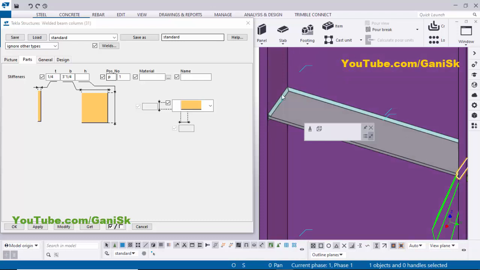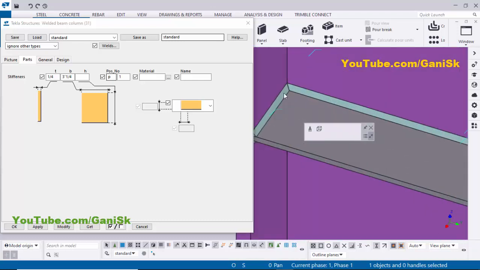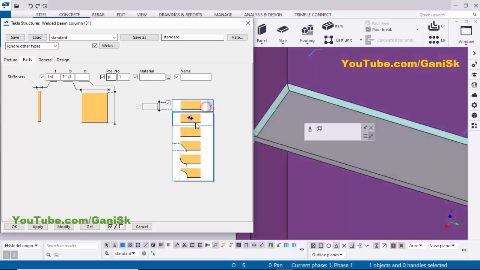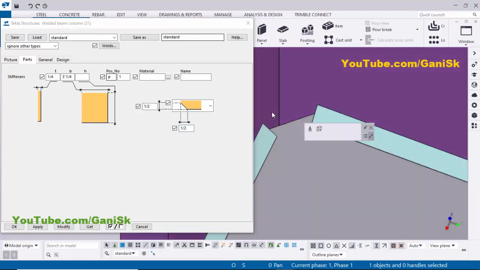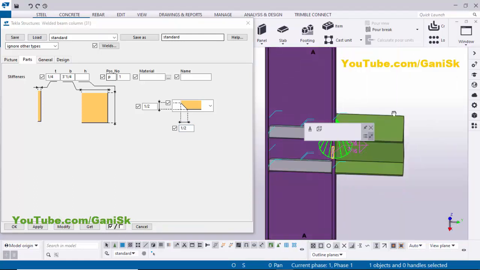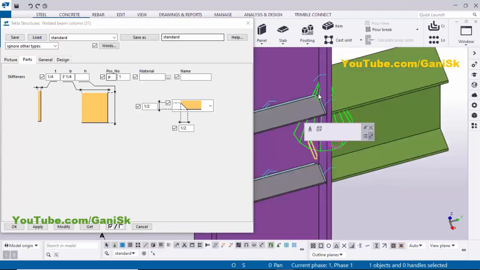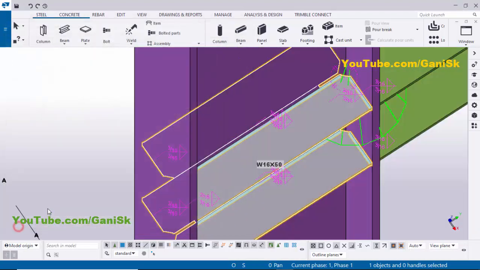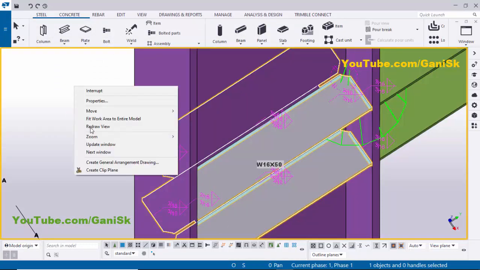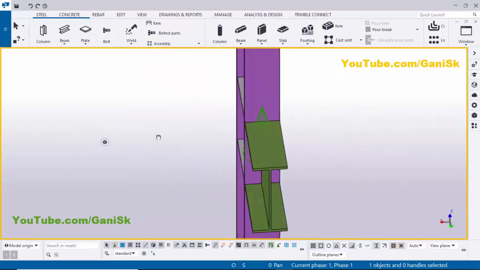This is the standard column. So we need to create a chamfer at this corner of this stiffener. So click here and select this chamfer and enter the value here. Horizontal and vertical chamfer value, half inch. Then click on modify. You can see now we have a half inch chamfer at the corner of the stiffener like this. Now click on modify, apply, OK. Click on space, right click on mouse, redraw. You can see you will get it like this.